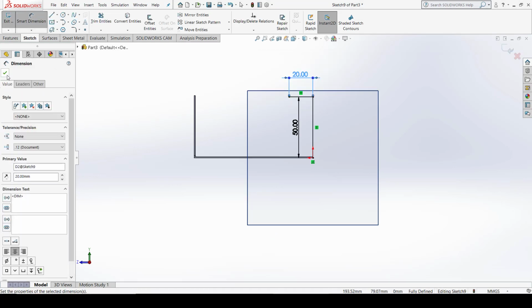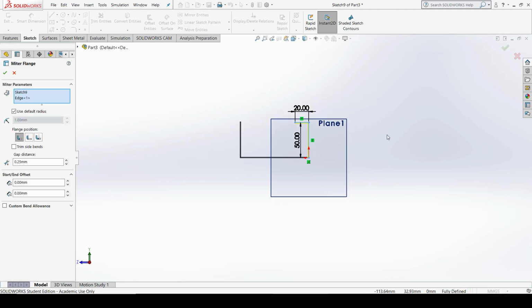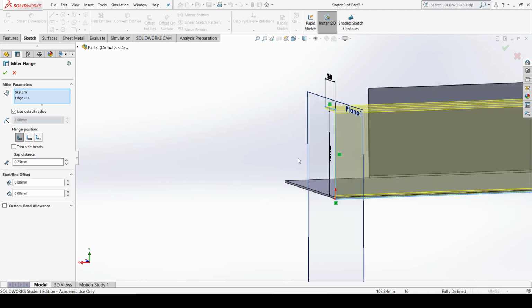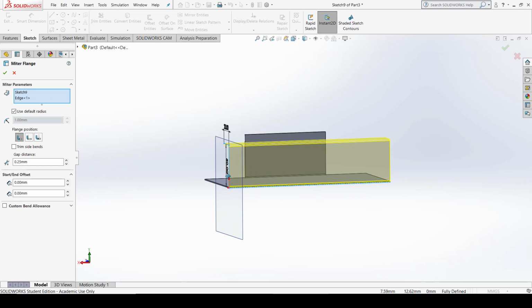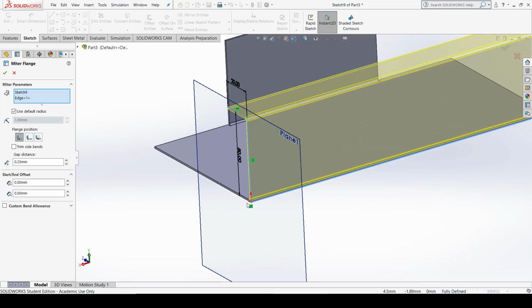Okay, now click OK here, exit the sketch, and you can see. Miter flange is basically the sketch based flange. Edge flange is the default flange which is created by the software. In case of miter flange, you can edit as per the requirements. You can change the shape. I just made a basic L shape structure. You can change it as per your requirements.